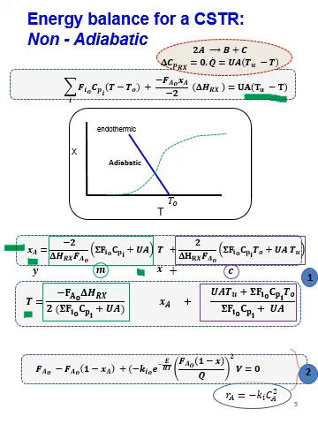I manipulate the slope of that energy balance. So if I look at that, the slope is still going to be negative because that only depends on my heat of reaction and the shape of my energy balance. However, it's always going to increase because of that additional heat transfer term.